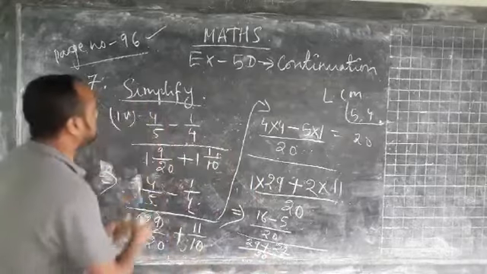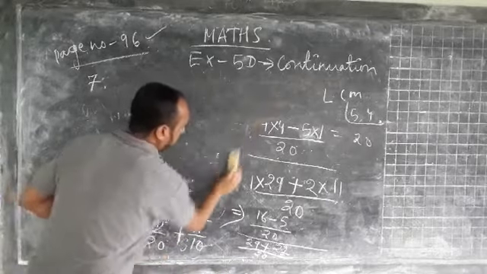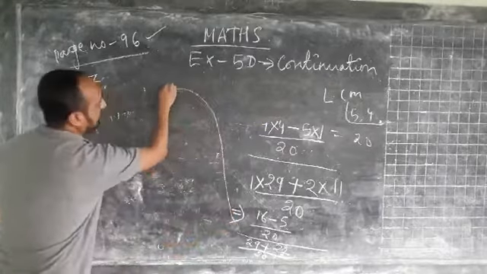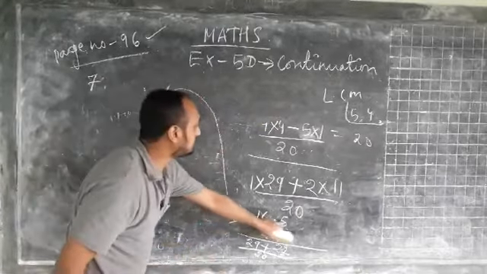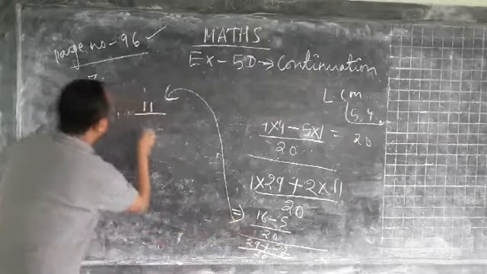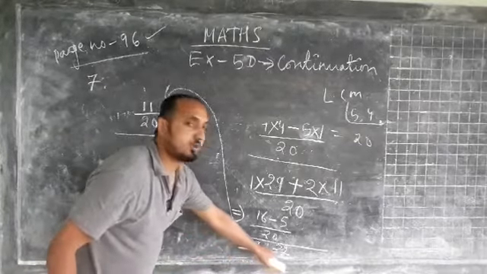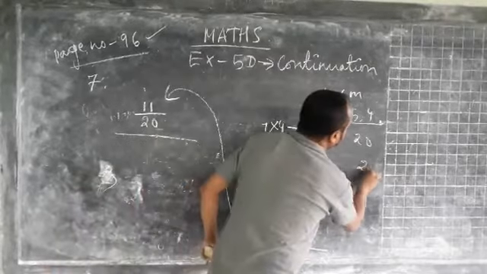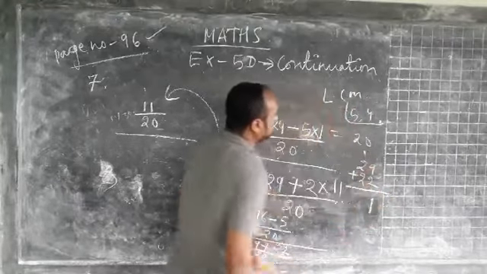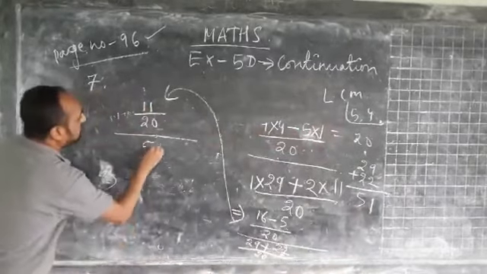Okay. Now the next step, we have 16 minus 5. So 16 minus 5 we have 11 by the LCM, denominator 20, divided by, next we have 29 plus 22. So if you add 29 plus 22 we will get 9 plus 2, 11, 1, carry 1. So 2 plus 2, 4, plus 1, 5. So we will get 51 by